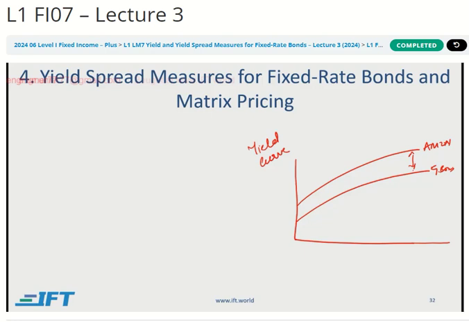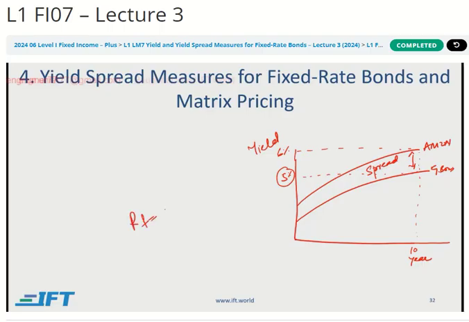Now, why is this so important to understand? Let's say we're talking about a 10-year Amazon bond versus a 10-year government bond, and the return for the government bond, let's say, is 5%, and the return on the 10-year bond from Amazon is, let's say, 6%. You're getting that 1% extra. Now, first of all, why is the government giving you 5%? Right? What is the risk-free rate?